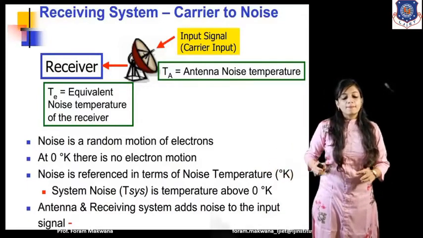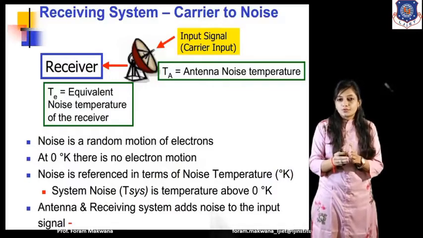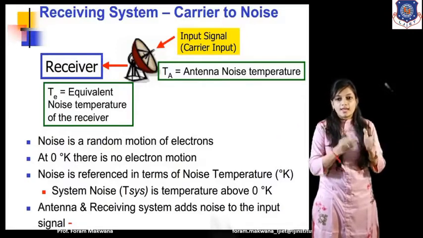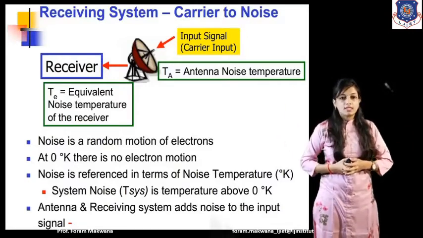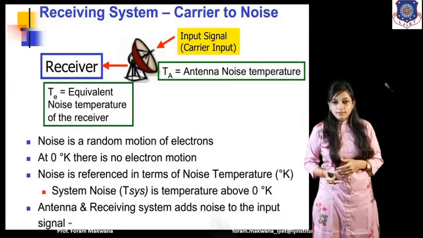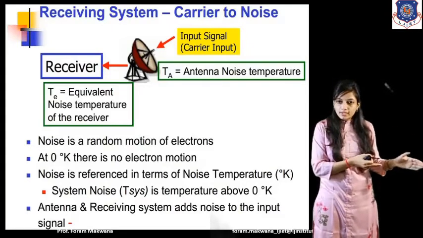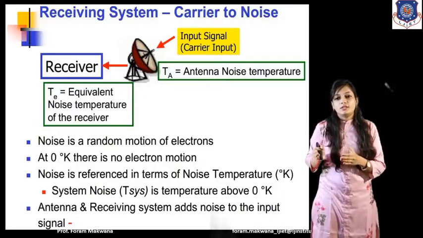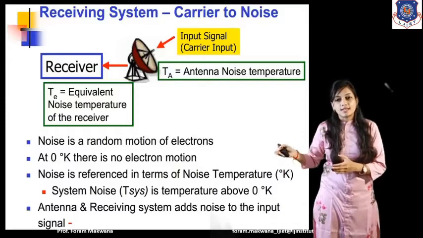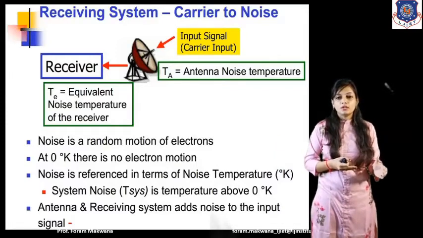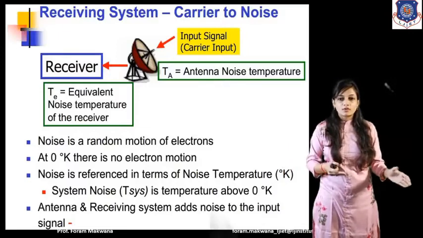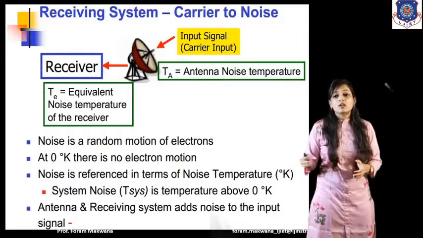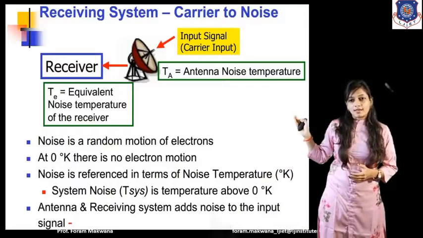Why? Because noise is going to be introduced between the transmitting and the receiving side, as we are going to transmit the signal through space. Apart from the transmitting equipment, some losses are going to be introduced in the wireless medium, in space as well. As we have seen in chapter number 4, there are different losses: atmospheric loss, ionospheric loss, rain attenuation. So these losses we need to consider over here as well.